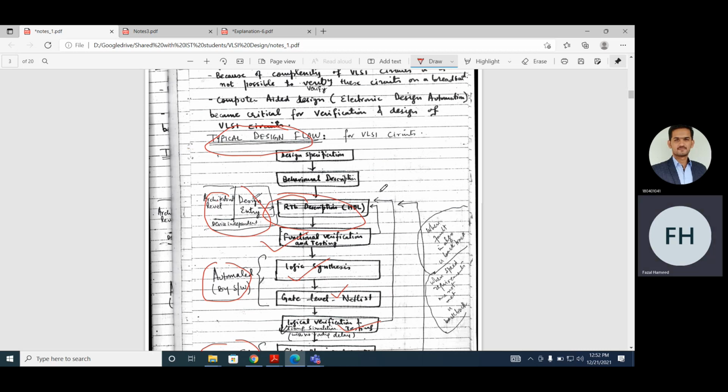Here, what can you play with? Now you can only play with the delay of the individual components. What can you change here? You can change the transistor sizing. Maybe you have used one module or an IP, and you say, okay, this is not optimized for power, so I need to change this particular design. So let me get back to the previous figure.